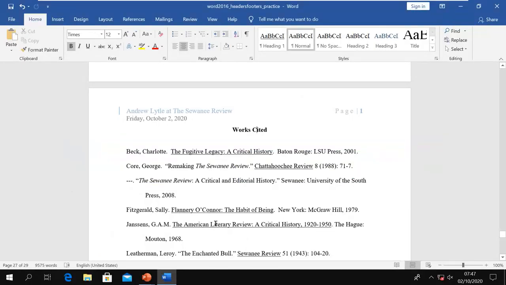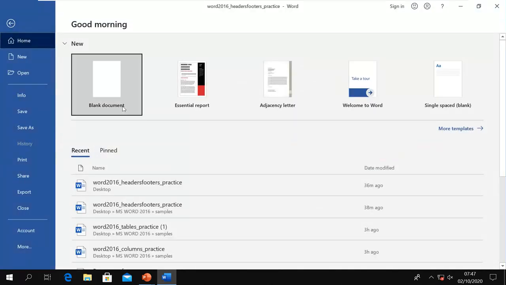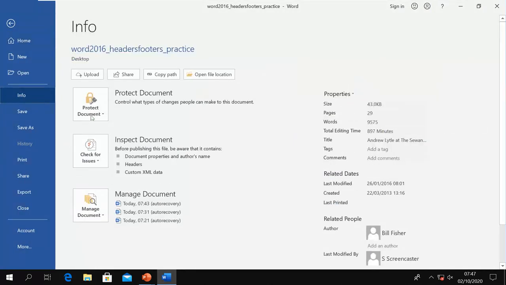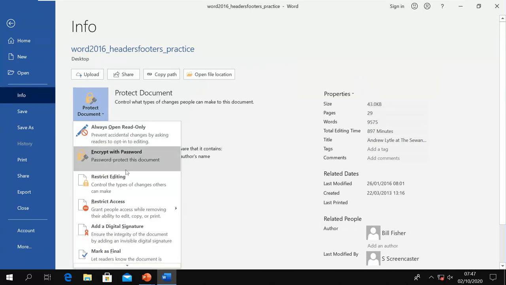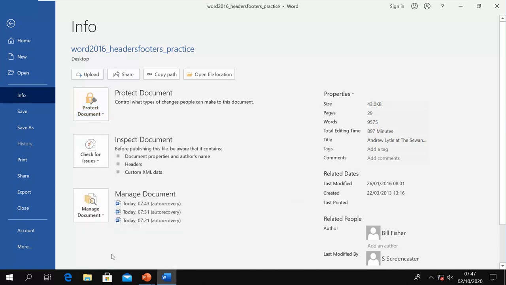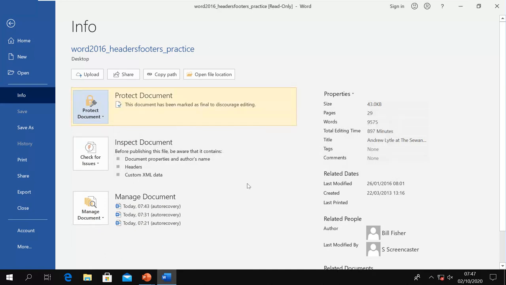So if I make this document final, I go here, File tab, backstage view. In the Info tab, I have this option to protect. Now when I click this, it opens this drop down, and from here we have multiple options. If I select Mark as Final and OK, now it says it is protected.